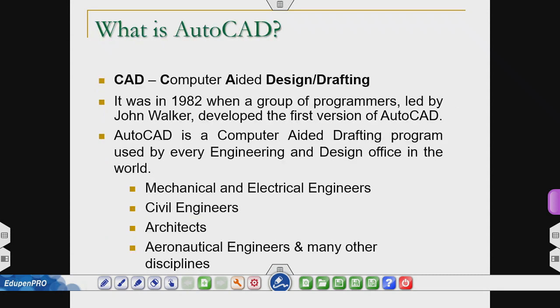So first of all, what is AutoCAD? Auto stands for the automatic and CAD, that is computer aided designing or drafting. It has been developed in 1982 by John Walker. The AutoCAD is a computer aided drafting program used by every engineer for designing office in the world, like